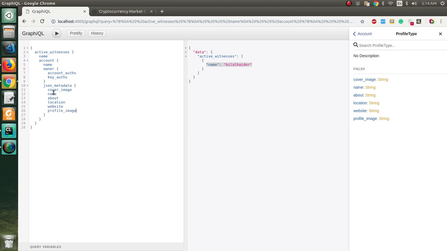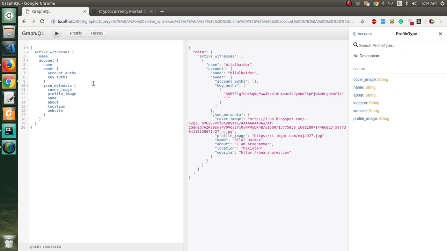And the order of these does not matter, so I can put profile image before name. So order does not matter. We can always change the order in here, and when we run this query, you will see